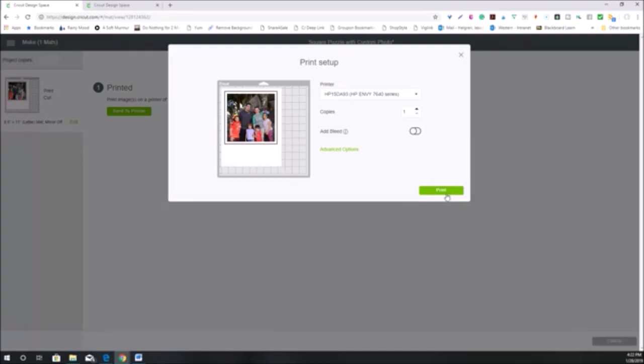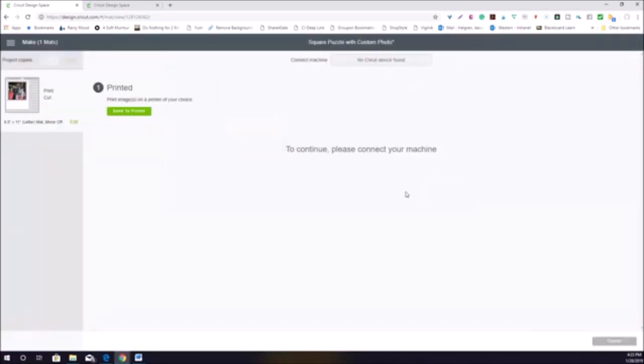So that is where you're going to have your white piece of cardstock or your printable adhesive vinyl or whatever you want to print on. It doesn't matter. You can use anything as long as, like I said, it has a white background so that your machine can read it. If you have a colored background, it's not going to read the little,